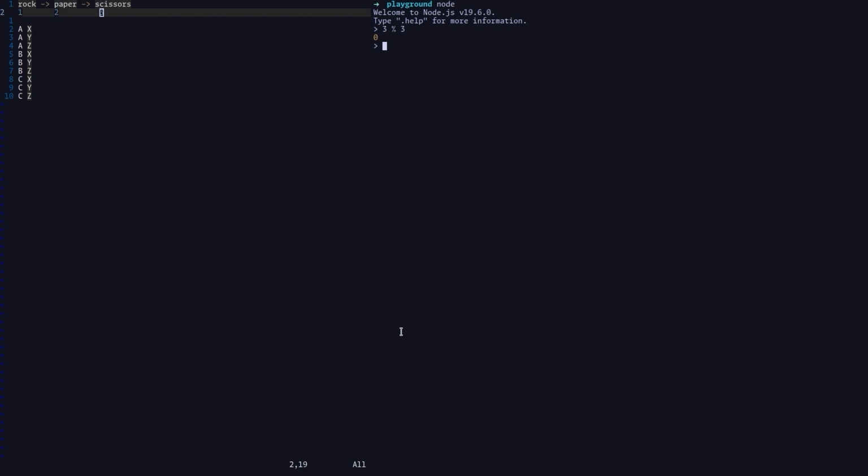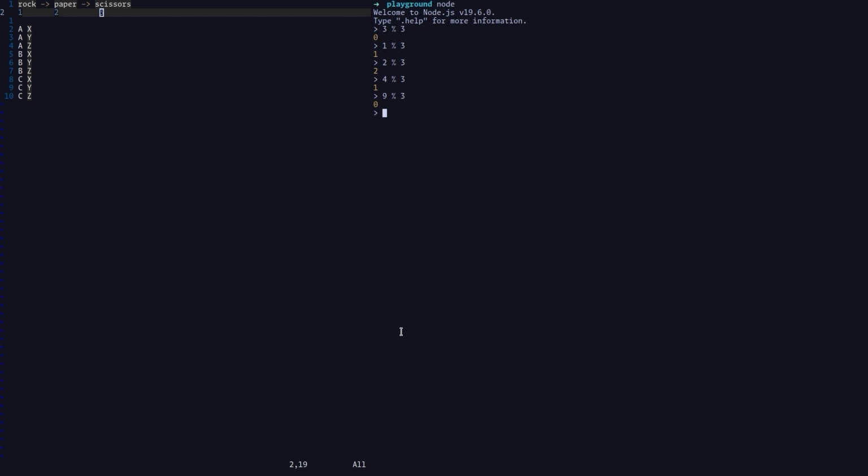Another place we are going to use modulo is when we want to limit numbers to a specific range. Let's say I have a couple of numbers from 1 to 10. However, any number that surpasses 3, I want it to be limited to a range from 1 to 3. So if I say 1 modulo 3, you can see I'm getting back 1. If I say 2 modulo 3, I'm getting back 2. If I say 4 modulo 3, I'm getting back 1, so I'm back again at the start of my range. Say 9 modulo 3, I'm getting back 0, and the reason is that 9 is divisible by 3.